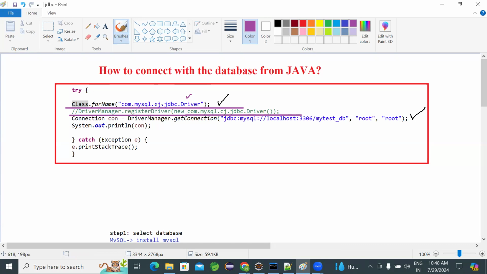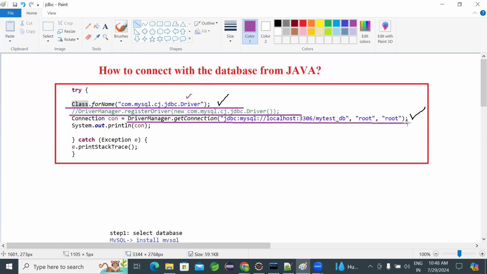When you use Class.forName, when you load your driver, during loading time, static blocks will be executed. The static block of the Driver class will execute. In that static block, which code do we have? DriverManager.registerDriver. This is registering your MySQL driver class into DriverManager. So the DriverManager's duty is, when you give URL, username, password,